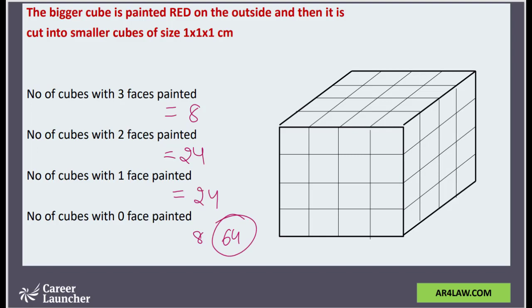So this is a simple example where a bigger cube has been painted red on all the sides. That means we have used the same color on all the sides. As I've mentioned earlier, you could find variations where different colors are used on the different sides. It could be adjacent, it could be opposite. So let's take one example to understand how to go about those kinds of questions.